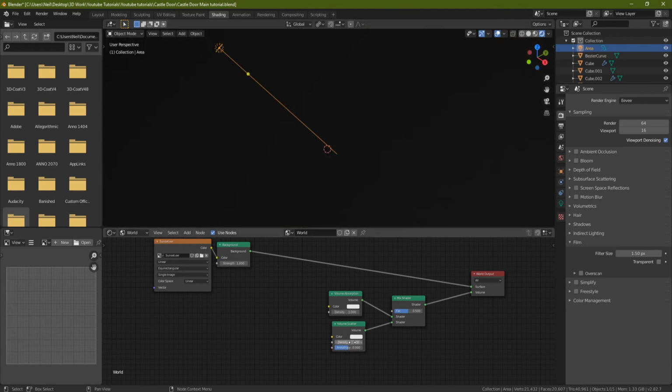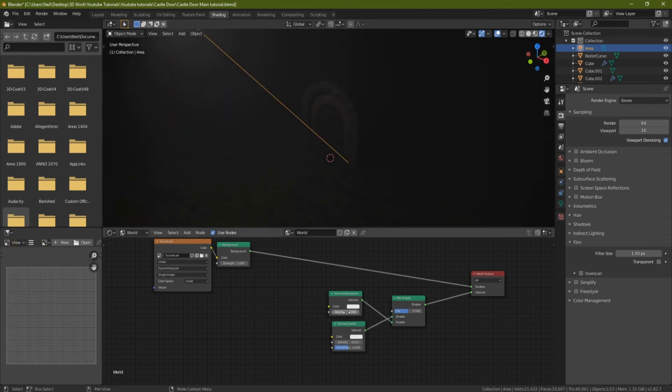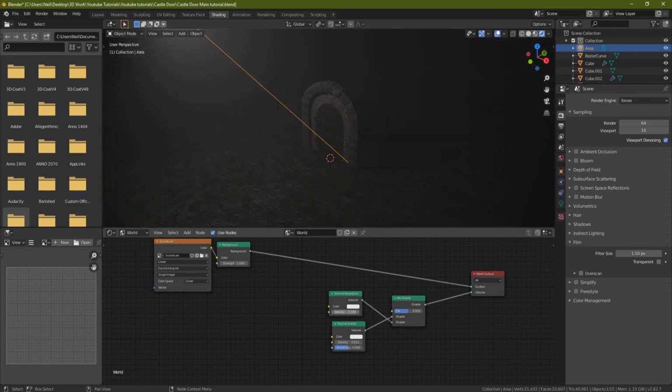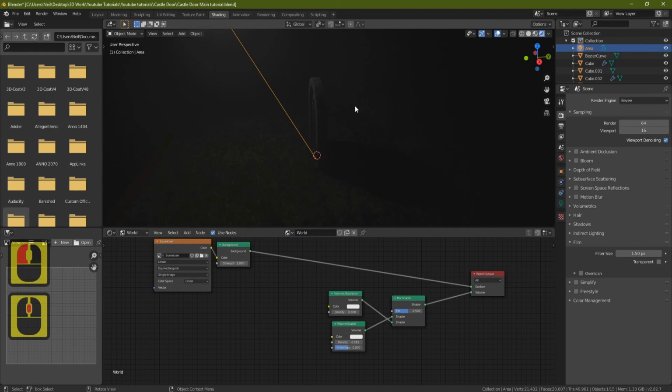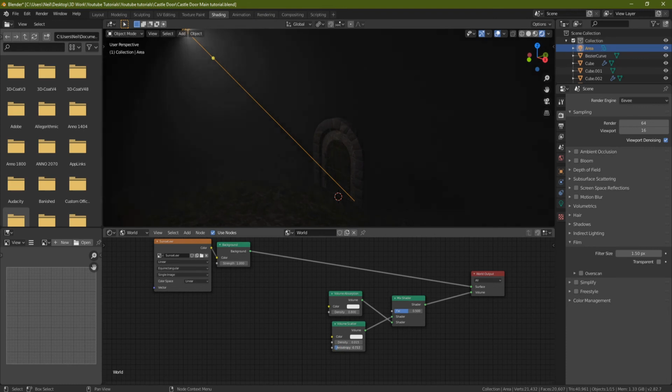If we turn our density down though now, let me actually just swap these around. I think they're the wrong way around. Okay, so now let's turn this density down to 0.015, and we should now be able to see something that's looking really nice. So now let's mess around with this a little bit. I think we don't want it that dark. So all it is now is basically tweaking these numbers and seeing whatever you're actually happy with and what looks good and what doesn't. So I want kind of mist here,